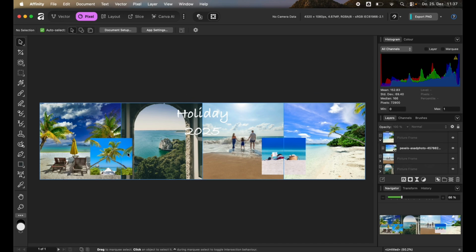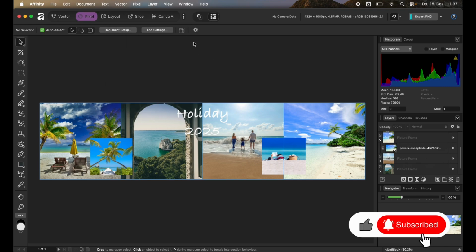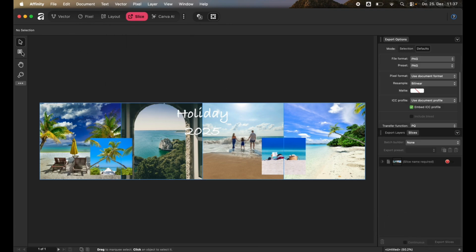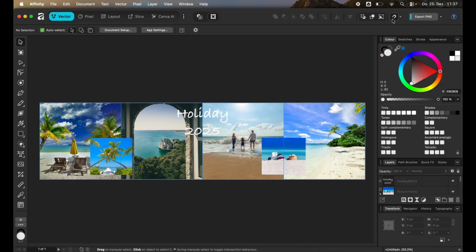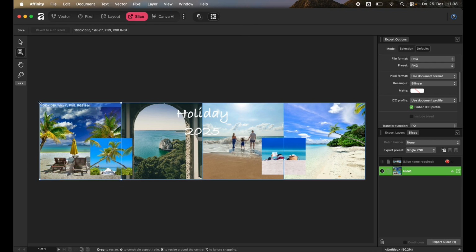So if you're happy with that, you want to go on the Slice Studio. If you don't have it right here, you can just click on the 3 dots, and then you can see here Slice and just enable it. And then you want to draw slices for each individual picture. So if you have the auto snapping enabled, if you don't, just go back to the Vector Studio and enable it. You can just start with the 1 corner and then move down here,